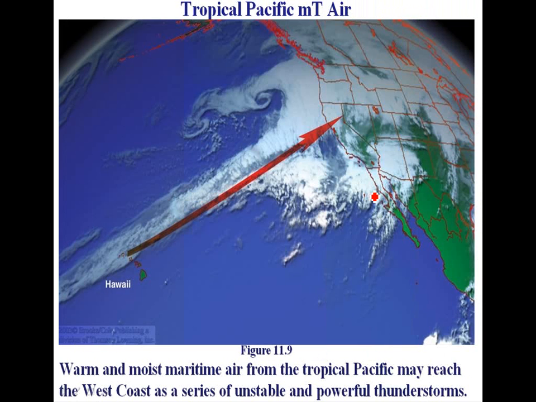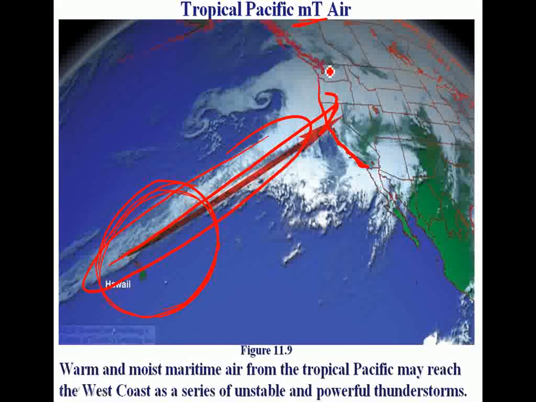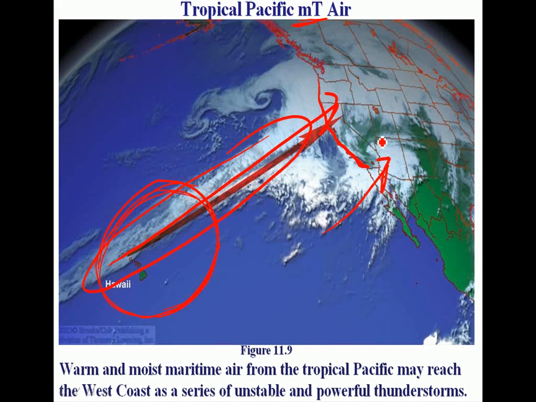Another type of air mass, if you look here, this is the western portion of the U.S. This is the coast of California. And you notice this streak of cloud cover. This is what we call maritime tropical air. Its source is the southeastern and southern Pacific Ocean, which we know is very warm and moist. And so we can bring this warm, moist air into the west coast of the U.S., even into the desert